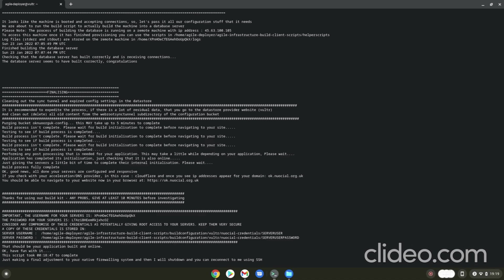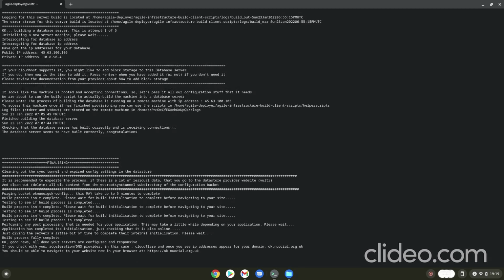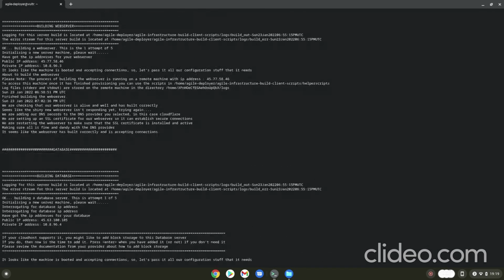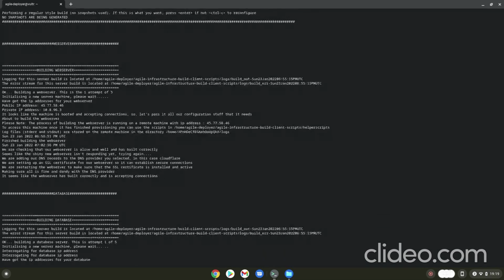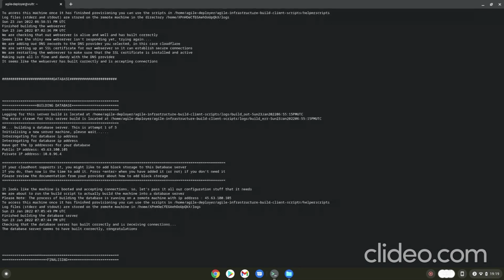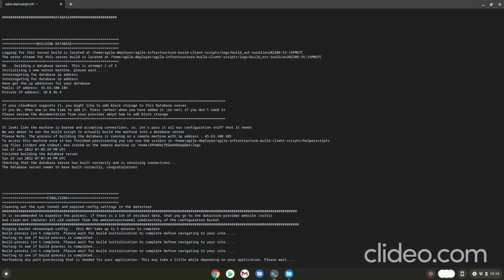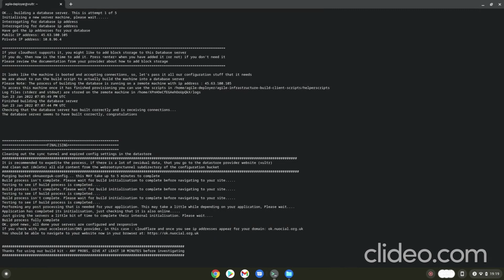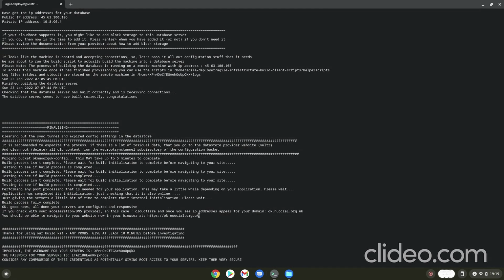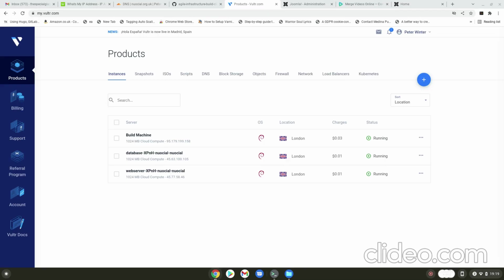As you can see, the build process is now completed, and you can scroll back up through the status messages right the way back to where we started, and any issues should be flagged up for you to look into. So the only thing we really need from here is the URL of the website. So if we go to our browser,